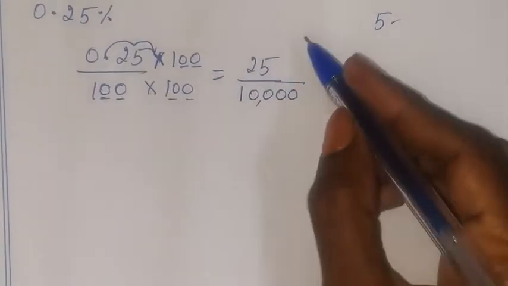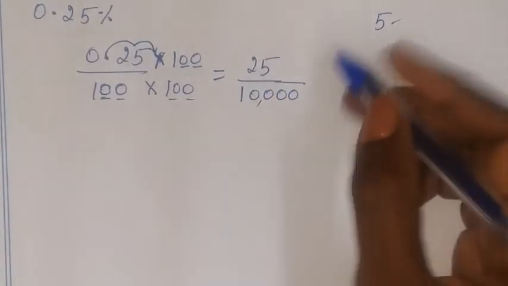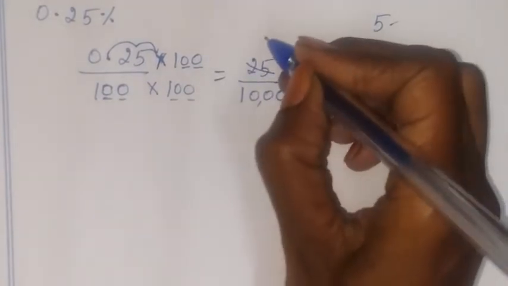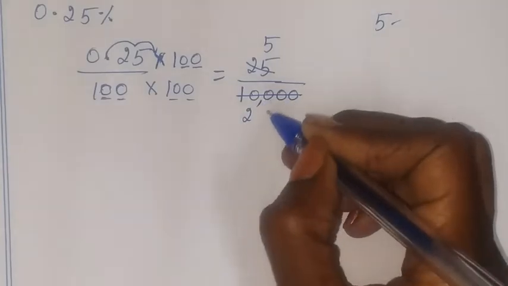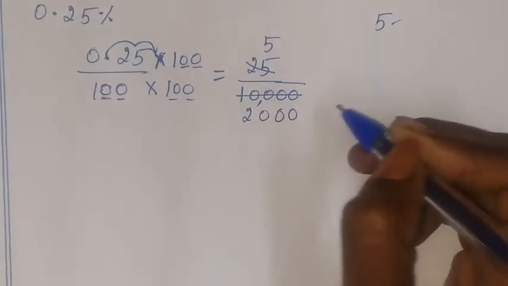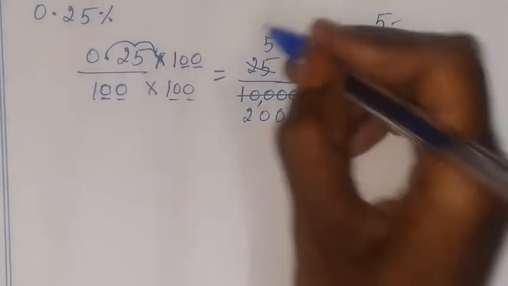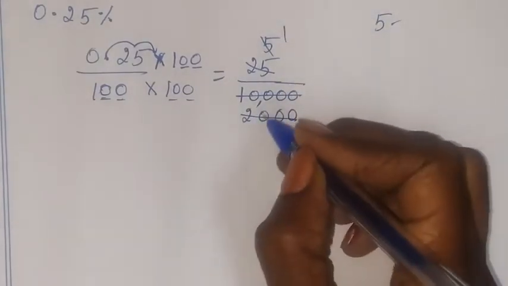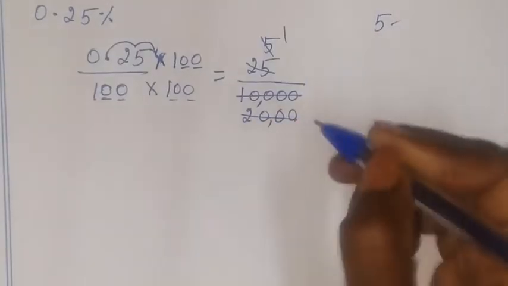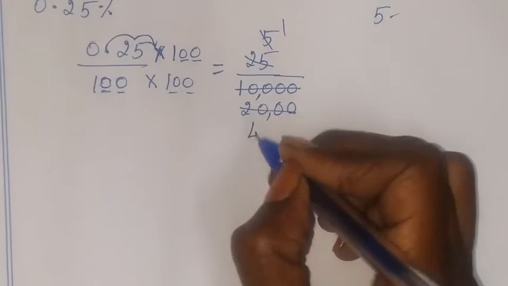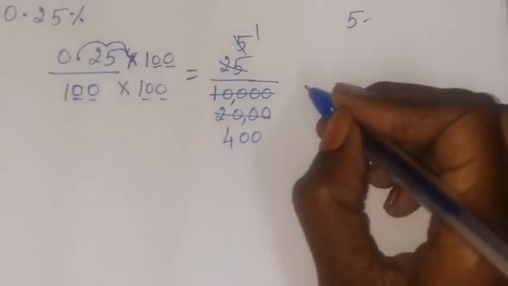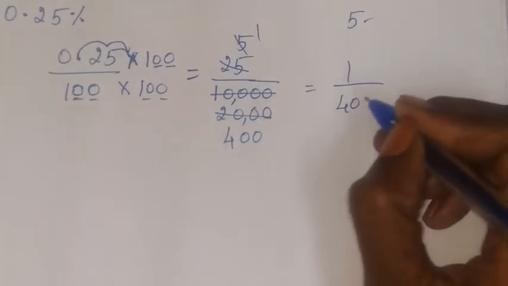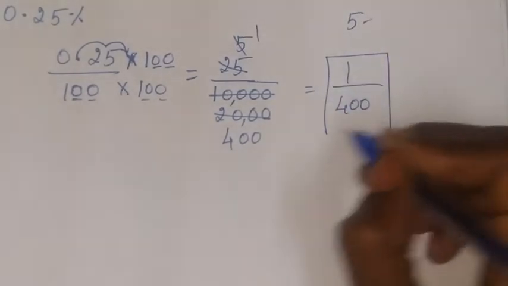Okay, now we have to simplify in the 5 table. Both will go in the 5 table, so 5 5s are 25, 5 2s are 10, and then this 0 and this 0 and this 0 should be brought down. Again it will go in the 5 table. 5 1s are 5. First we can't choose one number, so choose two numbers. 5 4s are 20, and this 0 and this another 0. So the answer here is 1 by 400 is our fraction form in the simplest form.